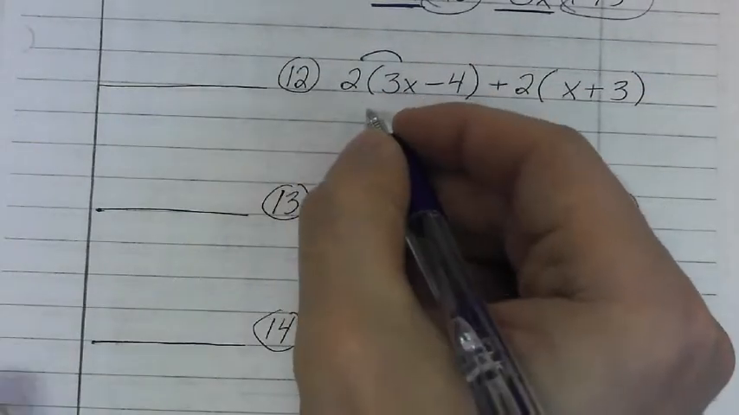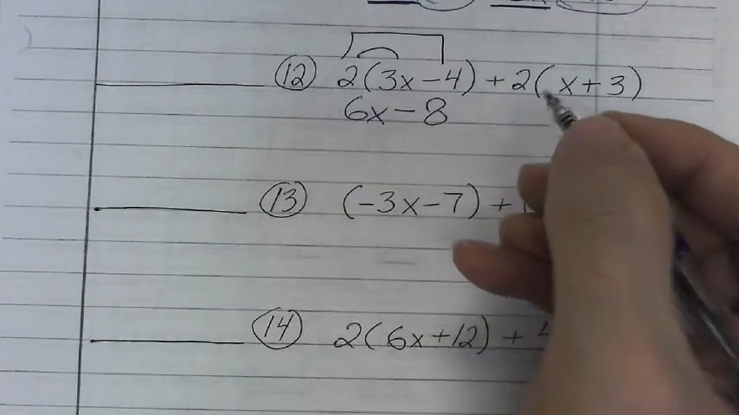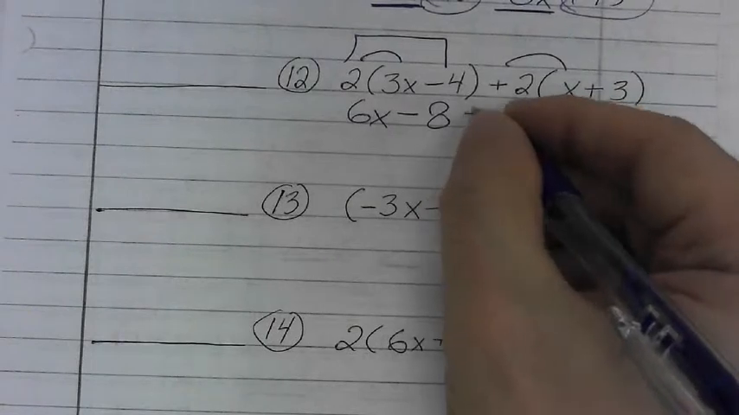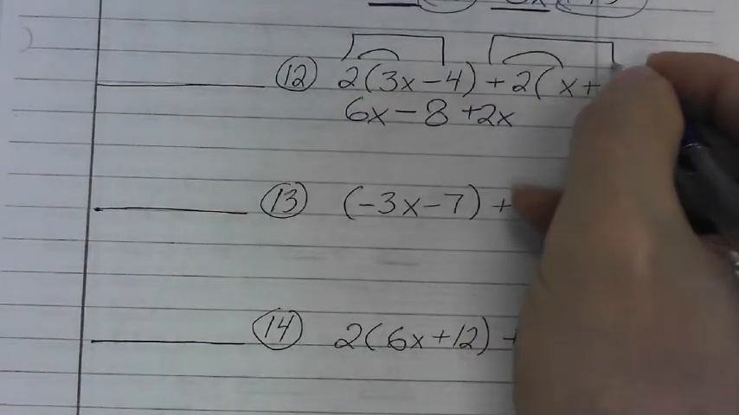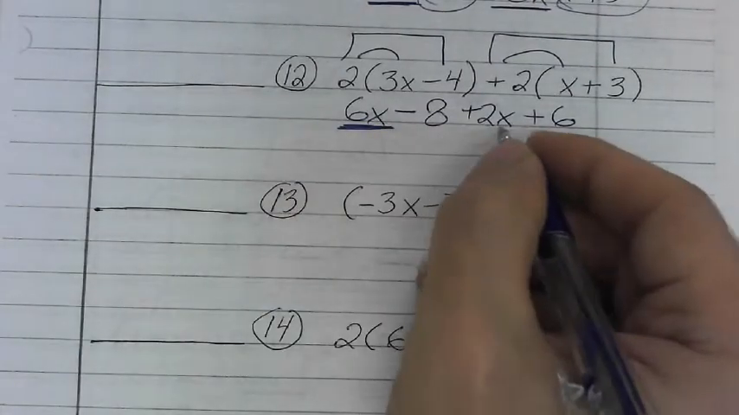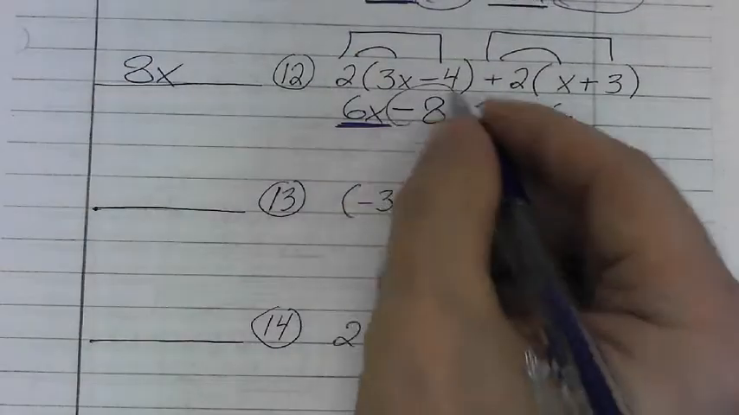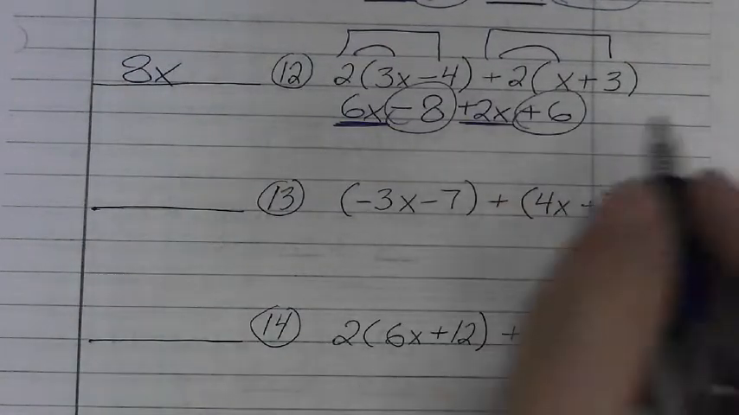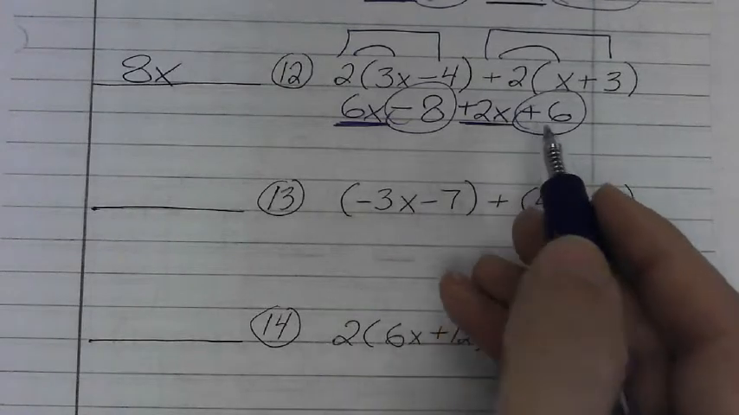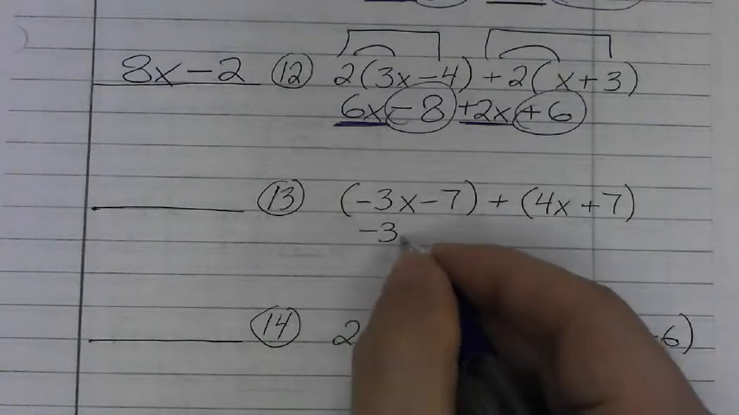Signs here are the same, 2 times 3x is 6x. Signs here are different, so it's minus, 2 times 4 is 8. Signs here are the same, so we have plus 2x. Signs here are the same, so we have plus 6. 6x's plus 2x's, that's going to be 8x's. Negative 8 plus 6 is going to be negative 2, so I got negative 2 as the answer there. Right here, I have minus 3x